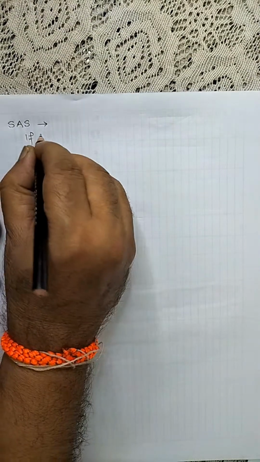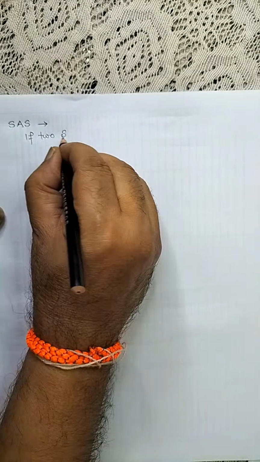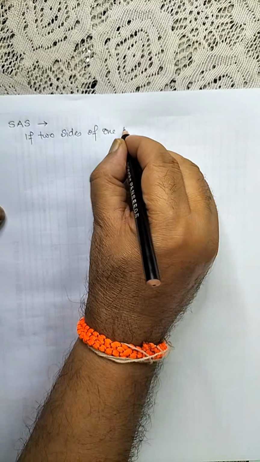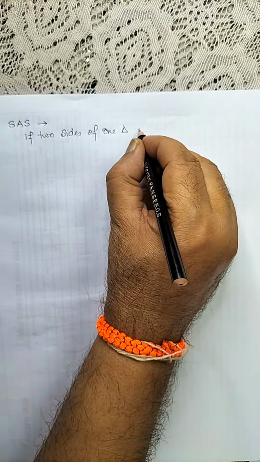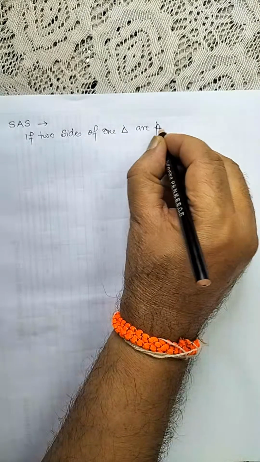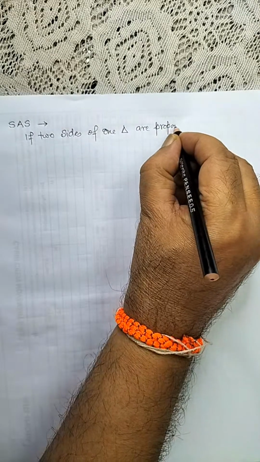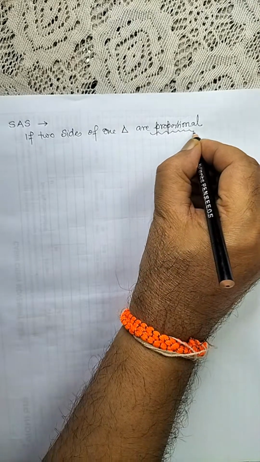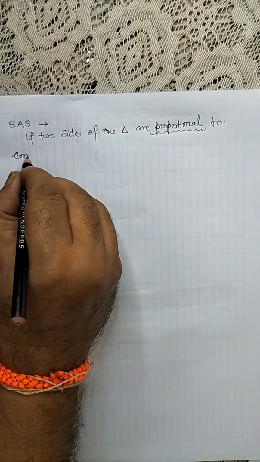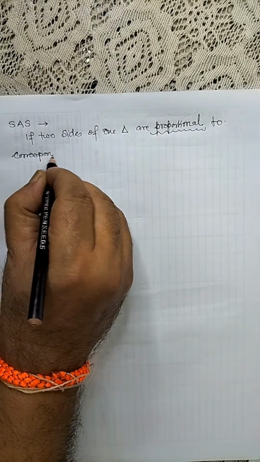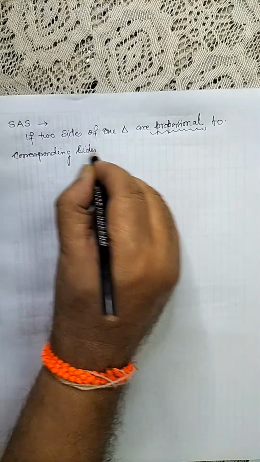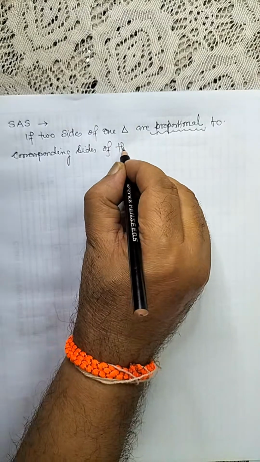If two sides of one triangle are proportional, remember this word is important, proportional to corresponding sides of the other triangle,